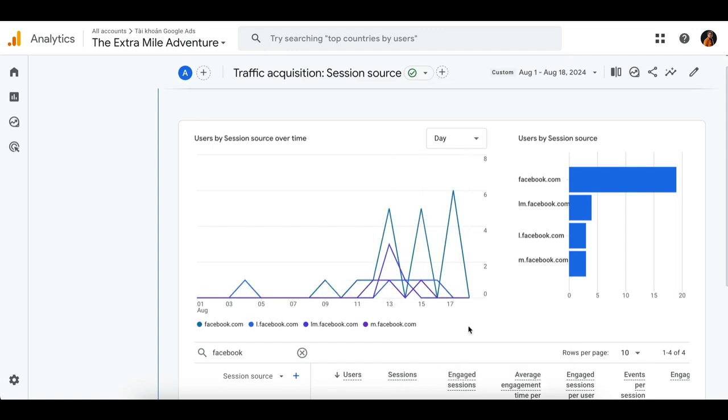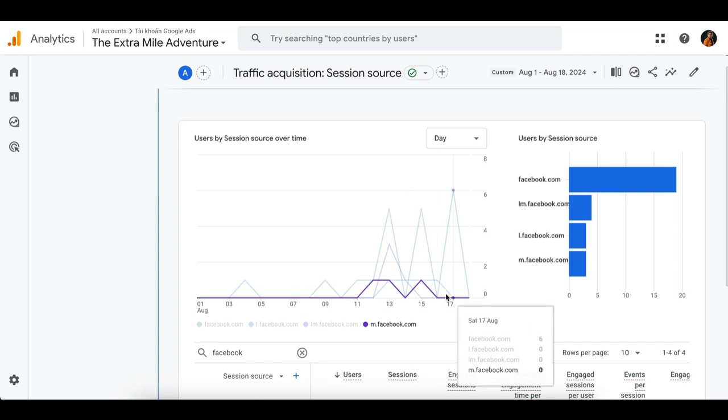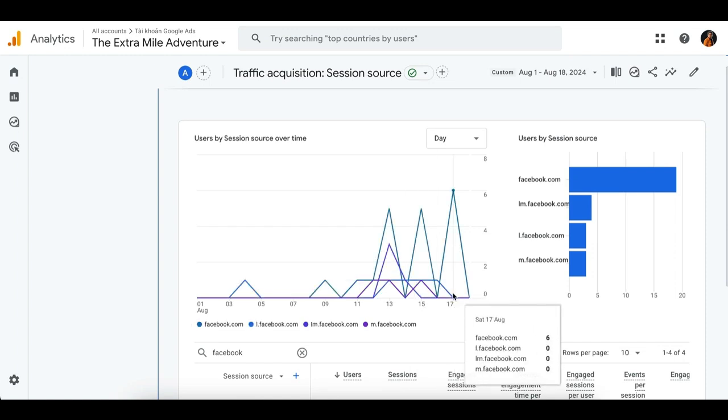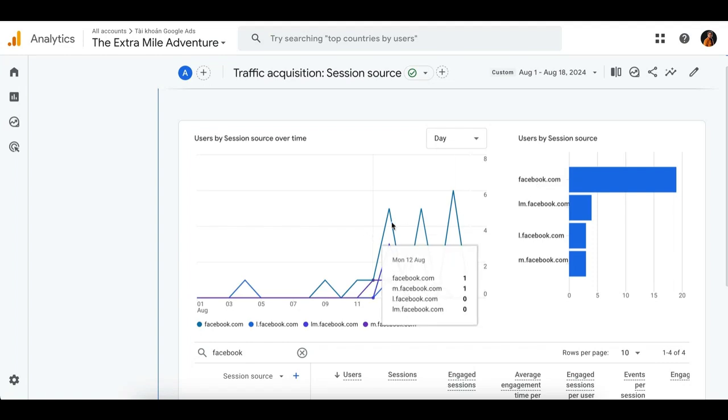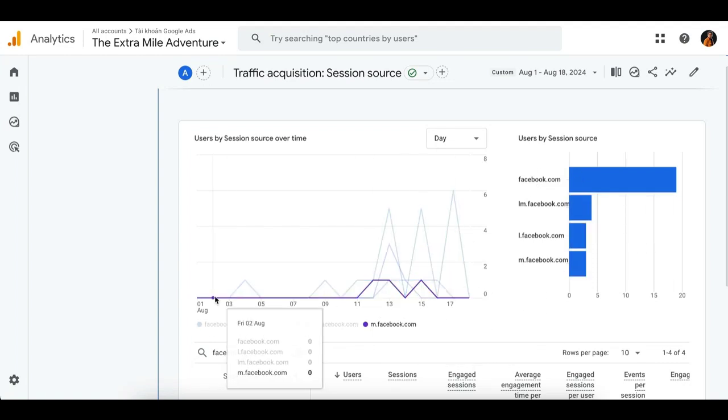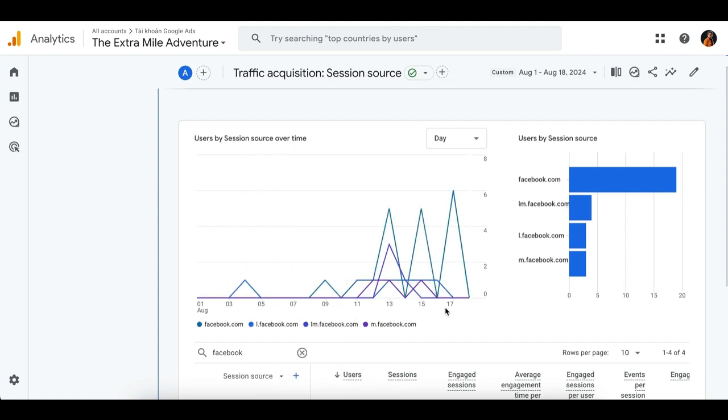Imagine that I keep doing this for 30 minutes a day, every day, for the next 3 months. Then you might understand where this is going. Before, we were not doing it, so we had no traffic from Facebook at all.